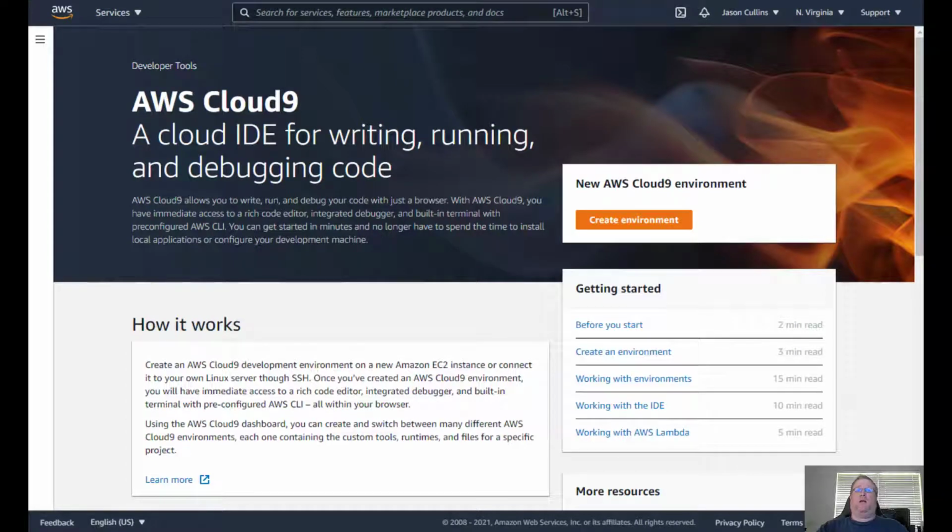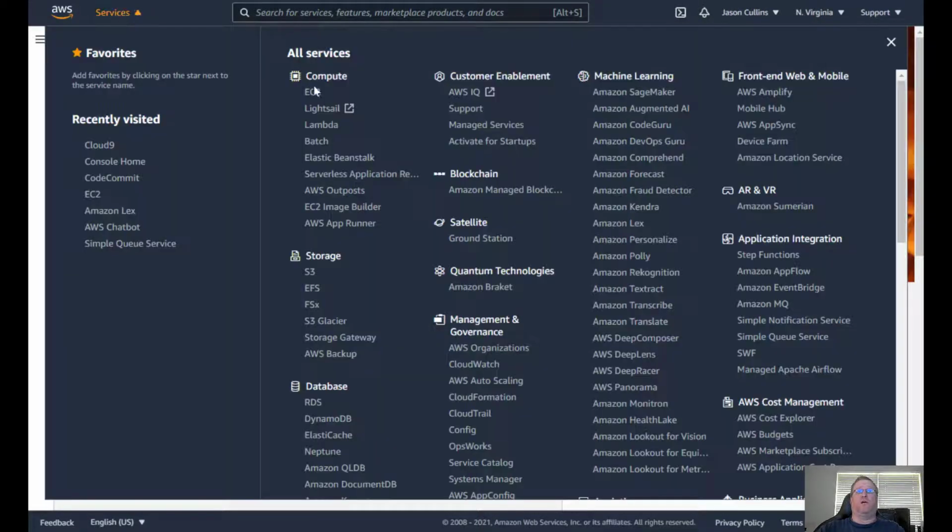Hello everyone, this is a quick video on how to get Laravel 8 running in the AWS Cloud9 environment. So let's just go ahead and jump right in. We want this video to go as quickly as possible. So first things first, you're going to log into your Amazon AWS account and you're going to go to their